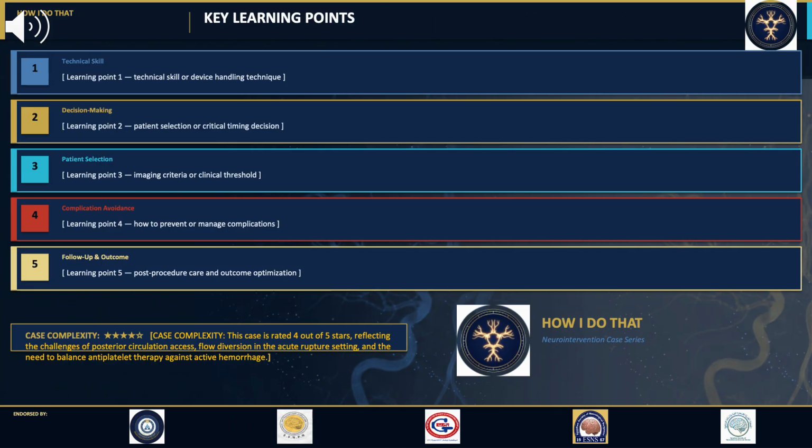This slide distills the 5 key learning points from the case of a 58-year-old female with a ruptured PICA dissecting aneurysm, Hunt and Hess grade 3, Fisher 4, treated with endovascular therapy using a flow diverter. 1. Technical skill. The procedure was performed via femoral access using a 6F sheath. A 6F guider soft tip catheter was used as the guide catheter, and a Phenom 27 microcatheter